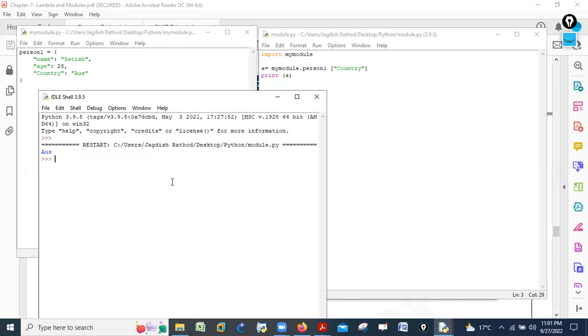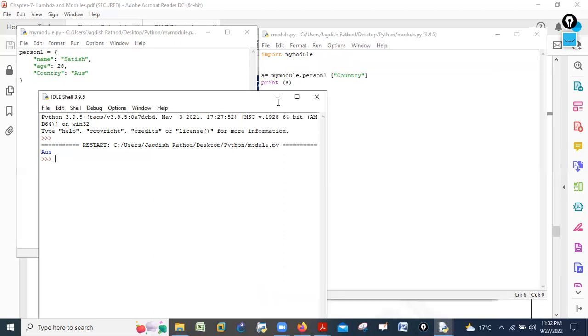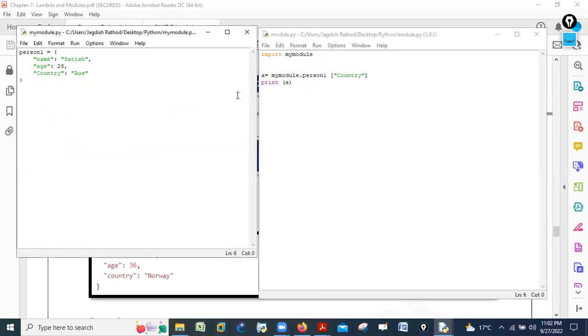When you start big programming, you will call many things. You will import something from the telnet library, something from the netmiko library, something from the paramiko library. So when you become an expert, you will come to know how it actually works. Now tell me one thing. Here I have two files, right?